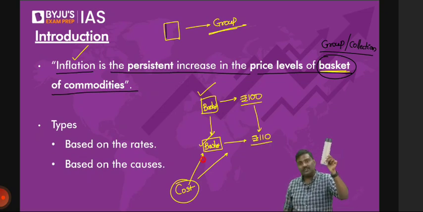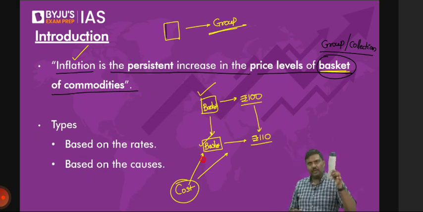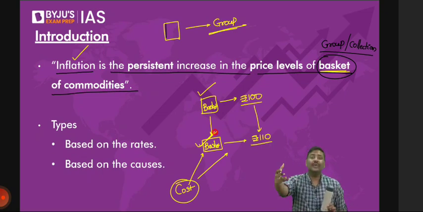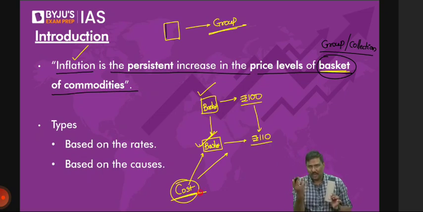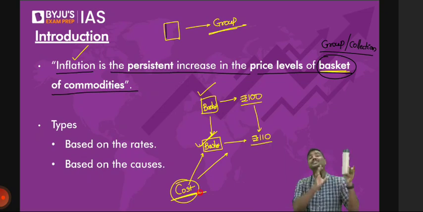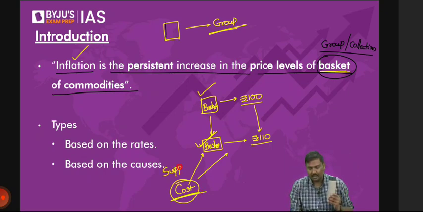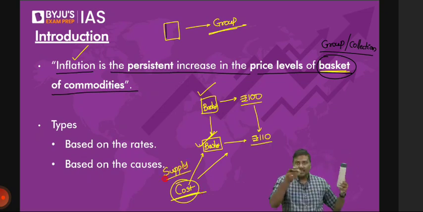And if this is going to go up, can the basket price also go up? I hope you understand. Can the price for the basket also go up? That will lead to inflation. So understand this. One reason why inflation can happen in the economy is because of the cost side, or I'll simply say supply side. That is, from the supply side, prices have increased, and as a result of which, inflation has happened. I'll talk about the second side now.